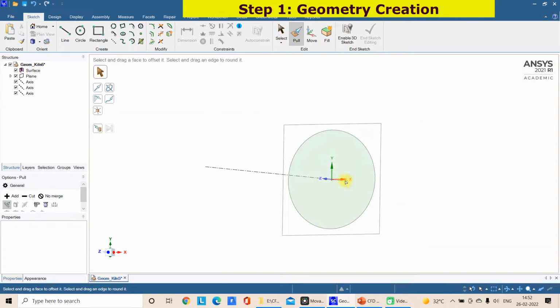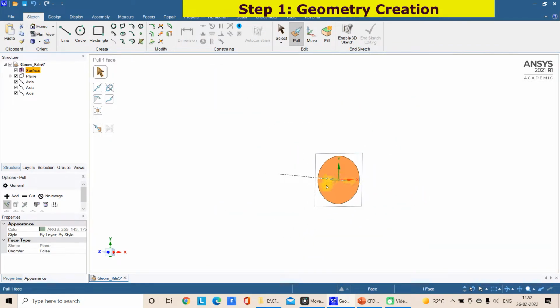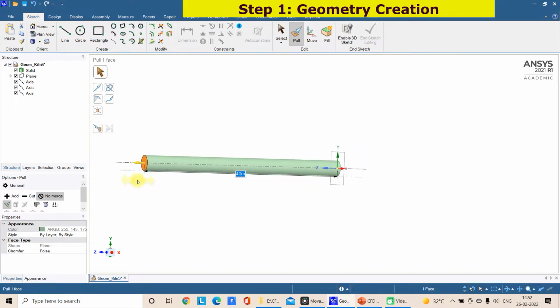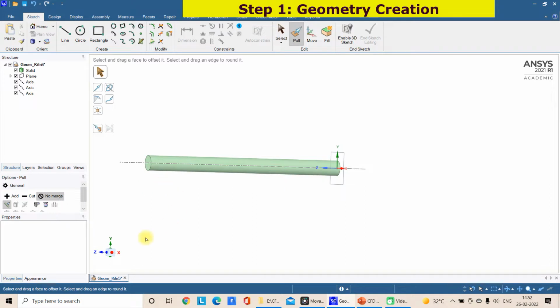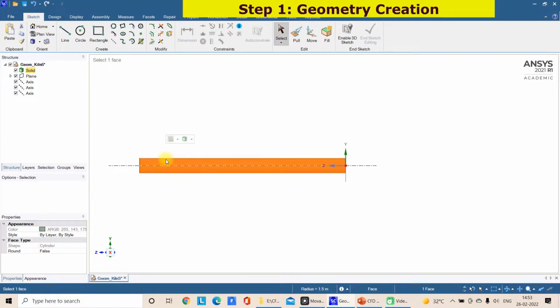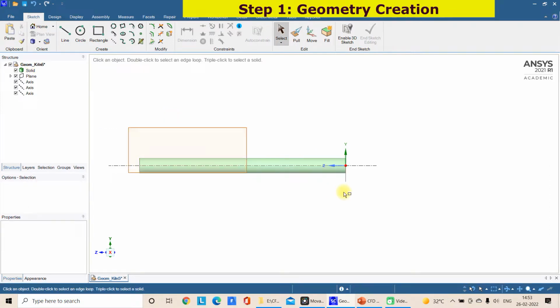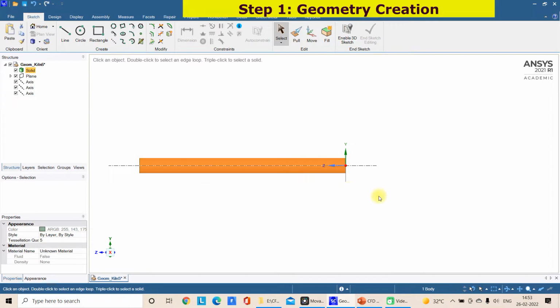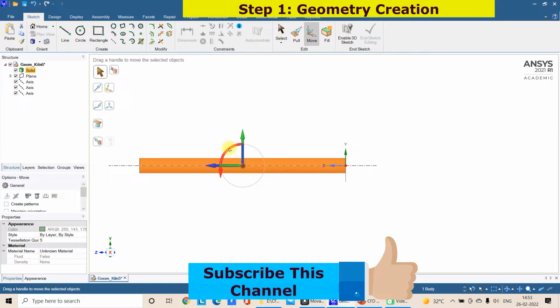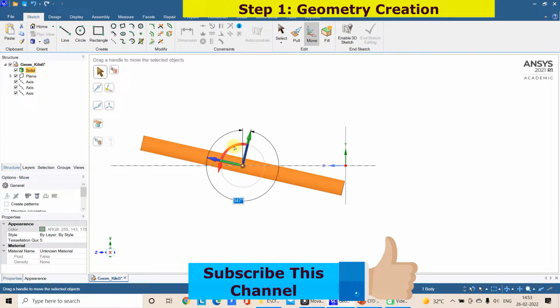And then extrude this in the other direction, say no more. It can have a length of around 40 meter. Then click here, then select this body. Then move. Then rotate at an angle of the